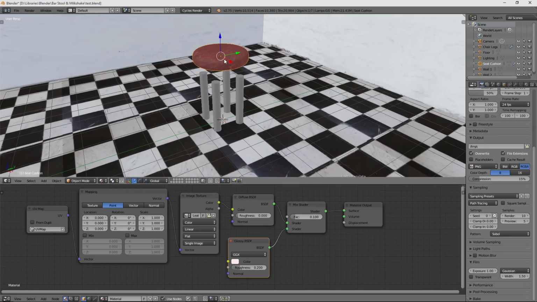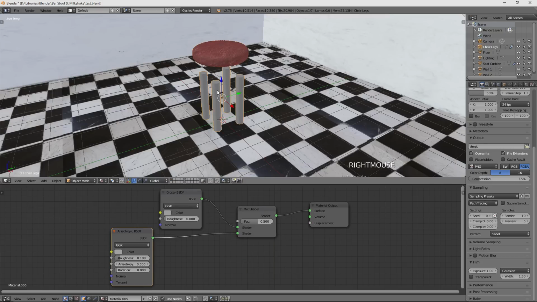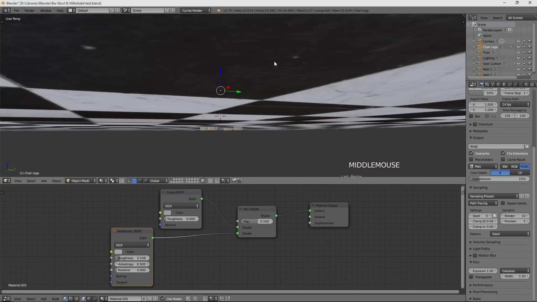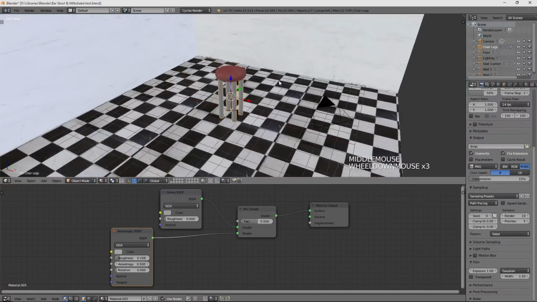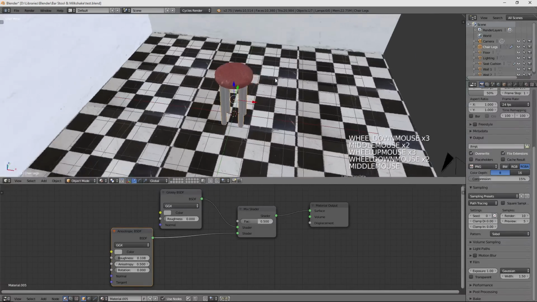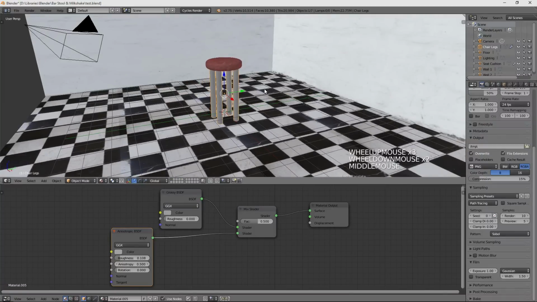So I want to move my seat up just a little bit, G to grab, Z axis, and then I wanted to make my legs a little bit longer. So I'm going to scale those along the Z-axis. Unfortunately, it scales them both up and down, so I'm going to do that. They're sticking through a little bit, so I'm going to grab them on the Z-axis until I can't see them underneath anymore. And perfect. Just wanted to make my stool a little bit taller, not as squat. So those are a couple things I'm just finishing up from the last tutorial.